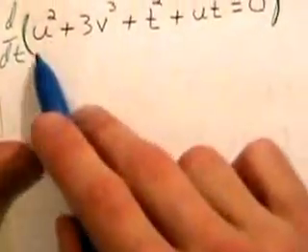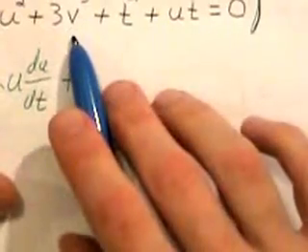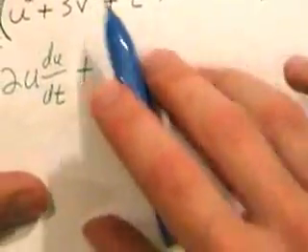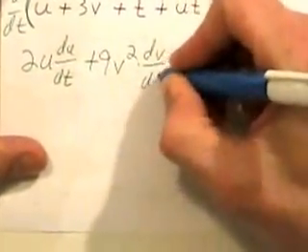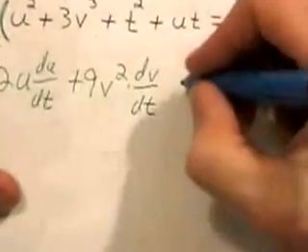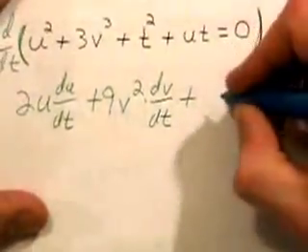Now what's going to happen? The derivative of this with respect to t will be the derivative of the outside function, the squaring function, so that's going to be 2u du dt, right? Outside times inside, plus the derivative of this will be, since the outside function is the cubing function, going to be 3v squared by the chain rule, dv dt, right? Plus the derivative of t squared is just 2t, that's easy,